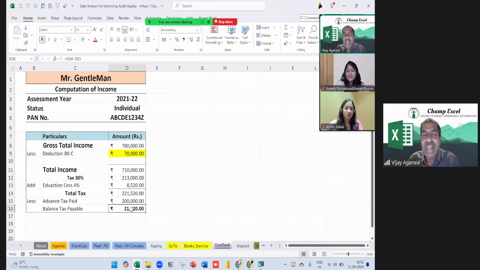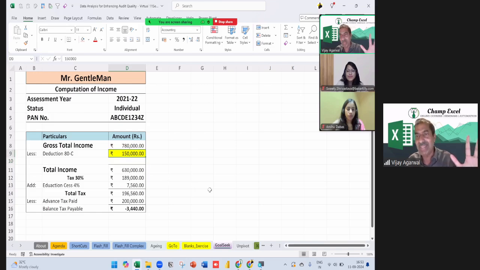So if my client says I don't want to pay even a single rupee, and I don't want the refund also, so what exact amount? Maybe you will try, okay, let's try with 80,000. Oh no, let's try with 1,50,000. No, that also won't work. So we are not able to give the exact amount he should invest. We are just doing trial and error, right? Definitely it can take time, and in complex things, it's going to be very, very complex, right?